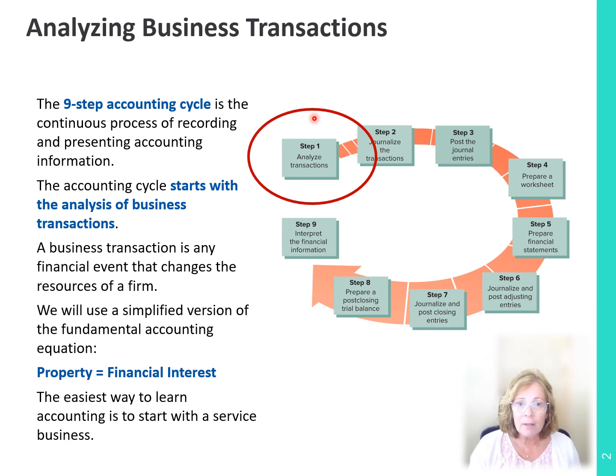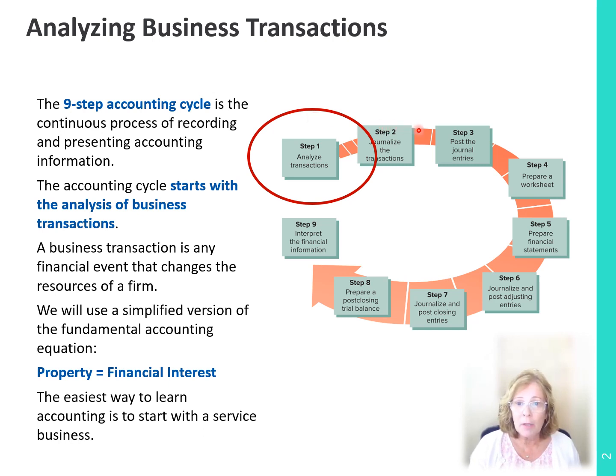The accounting cycle starts with the analysis of business transactions. And we're going to talk about the analysis of business transactions in this chapter and the next one. And quite honestly, that is where accountants spend a lot of time, with the analysis of what happened in the business and how it should be recorded. Of course, some transactions become very routine, whereas others, like merging with another business, don't happen very often.